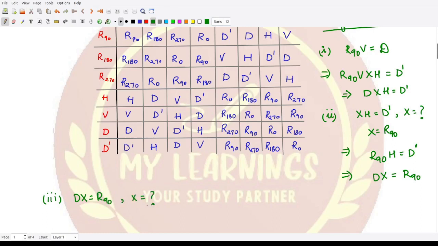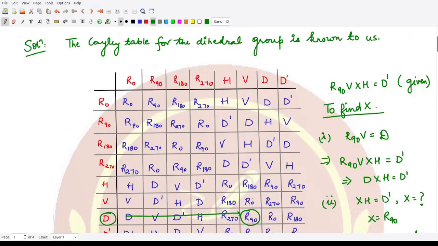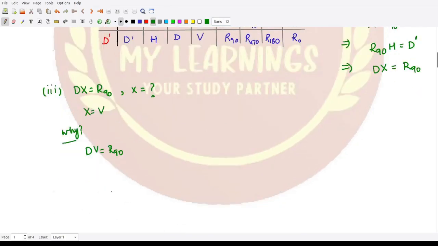So what is the value of X here? We can very easily compute this. We have D here. By what element can we multiply, or compose, this so as to get the answer as R90? This corresponds to V here. So the value of X is V. So let's substitute it here. From here X comes out to be V. Why? Because you see D V equals R90, correct? So once you have all the steps done, X is equal to V in the dihedral group D4,